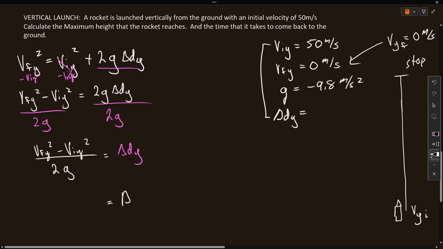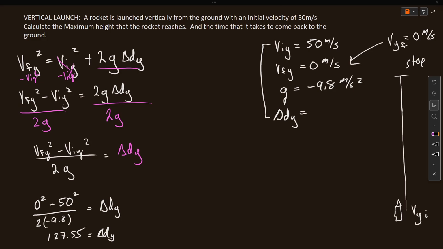And if I plug those numbers in, let me calculate this out. All right, so I calculate that out. It's 50 squared, which is 2,500, divided by 2 times a negative 9.8. And it turns out we get 127.55 meters. So that's the maximum height,